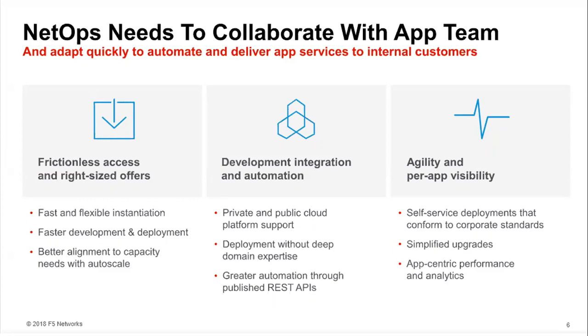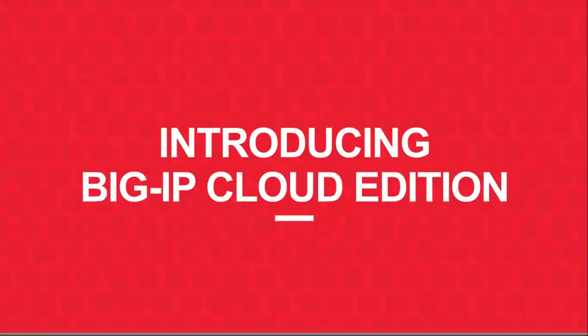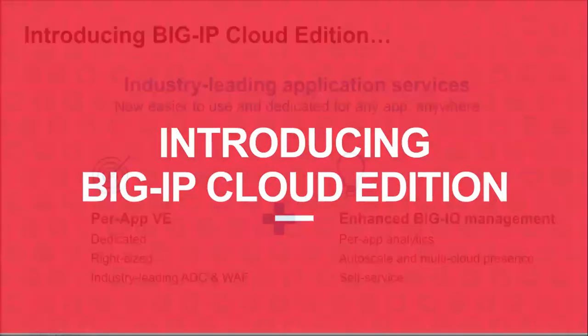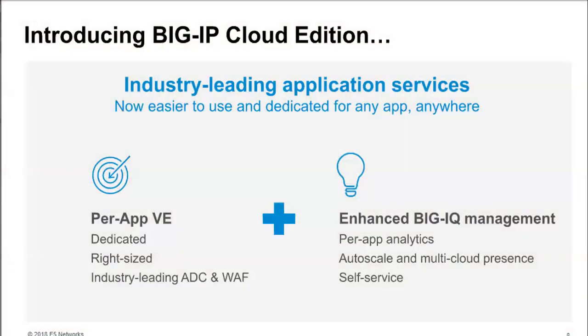There has been a collaboration of both private and public cloud platform usage for both customers and end users. We have deployment without deep domain expertise and greater automation through published and REST APIs. So we'll introduce Big IP Cloud Edition, and what Big IP Cloud Edition brings into the picture is the